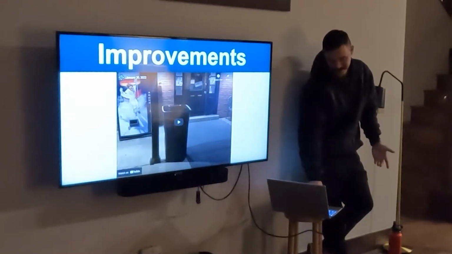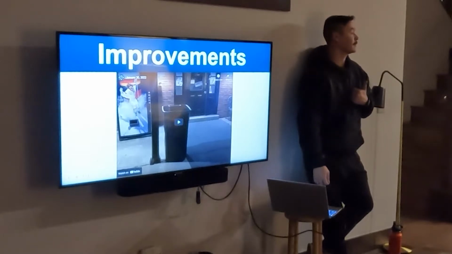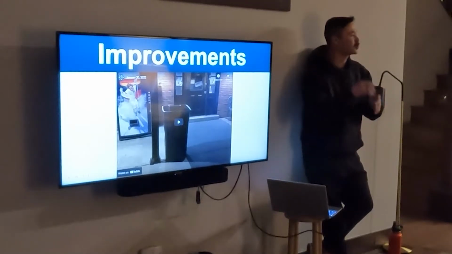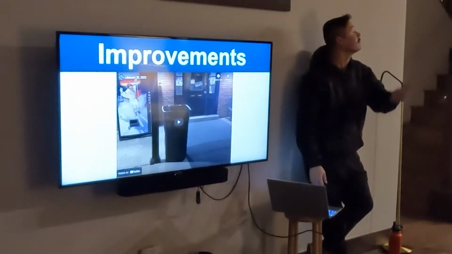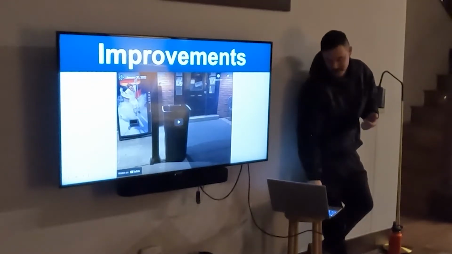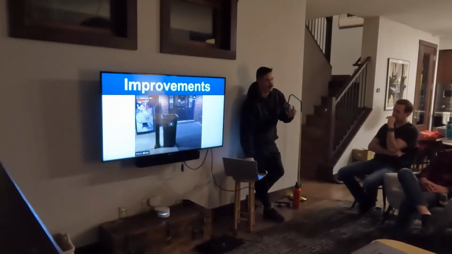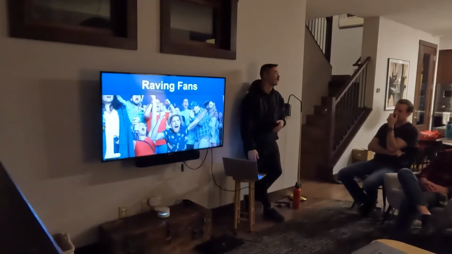So you came up with an improvement. It doesn't quite meet my standards, but we're going to slowly work towards that. It needs to become their idea that they came up with it. And so this is already a big improvement of what it was because it looked like a spray painted terrible trash can. All right, then we have a raving fan section.